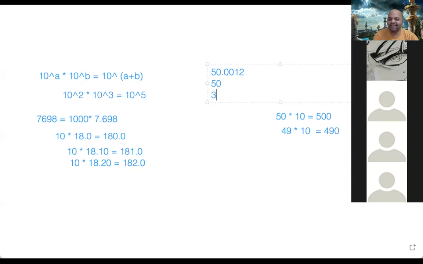Sir, the point will always end with zero, sir? No, the point will not end with zero. What do you mean by ending with zero? It is not ending. You can have something like this also. For 50, it was like 50.000. In case of 50, everything is zero after that. But there are other numbers which are not. But the decimal point is always there. So when you say there is no decimal point, that is actually the place at which there is a decimal point, and after that it is all zeros. So that is why.